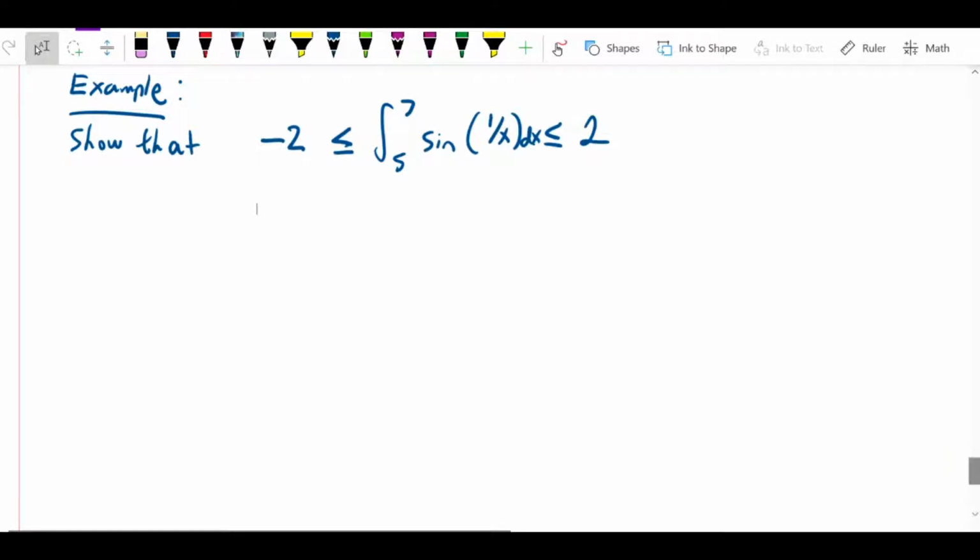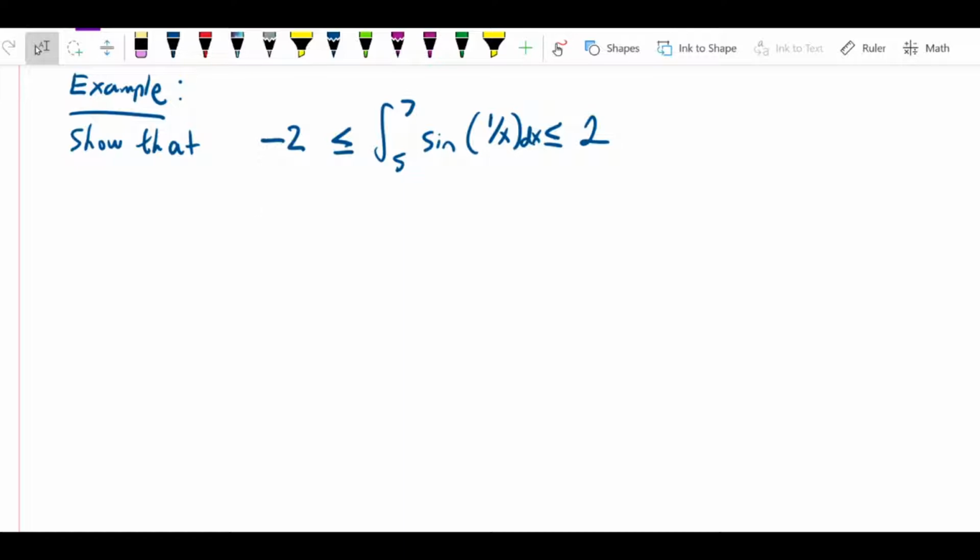So we're going to use the min and max property, I think that was property number 6 from the list of properties, to show that the integral from 5 to 7 of sine of 1 over x dx is between -2 and 2. To those of you who've actually seen some integration problems, you know that